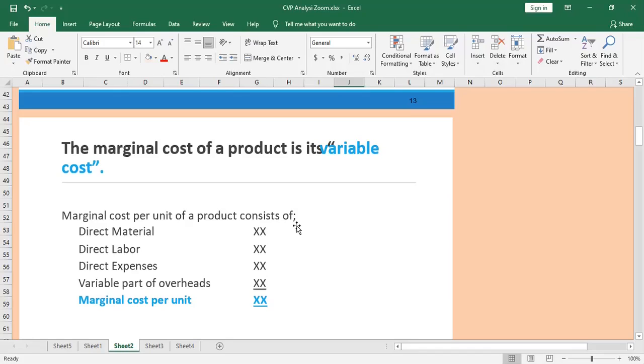Simple as that. So therefore, we have taken up these elements: direct materials, direct labor, other direct expenses, and other variable part of the overheads. So overheads are the costs that you have to bear that have no direct relationship with the main production process. Something like utility bills, telephone bills, salary of the supervisors, salary of the security guard, salary of the management. So those are the things that are not directly connected with the main manufacturing process.